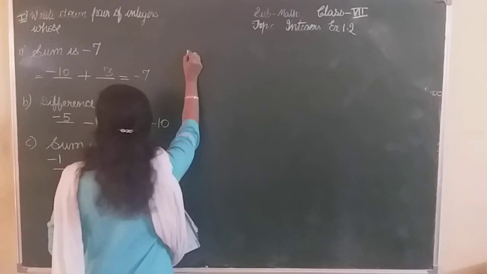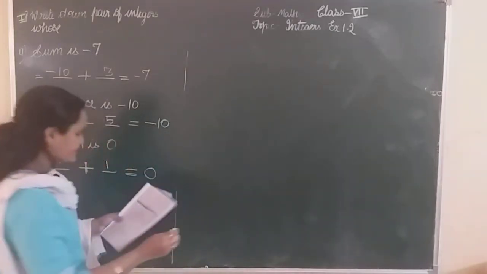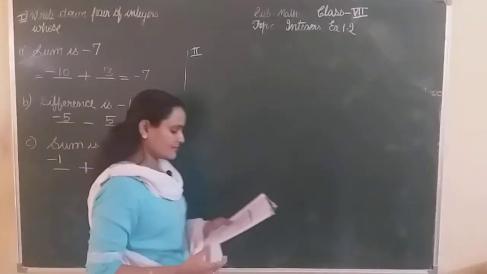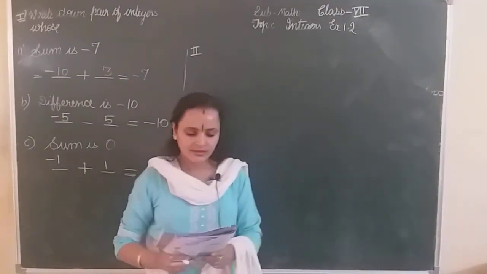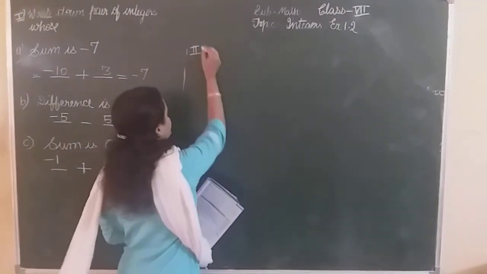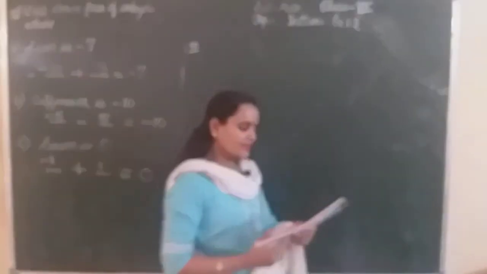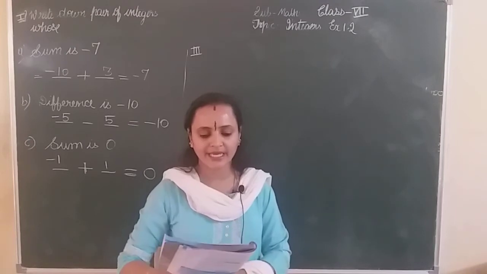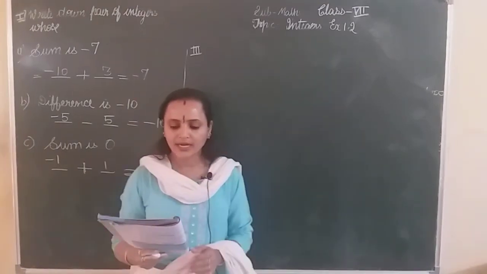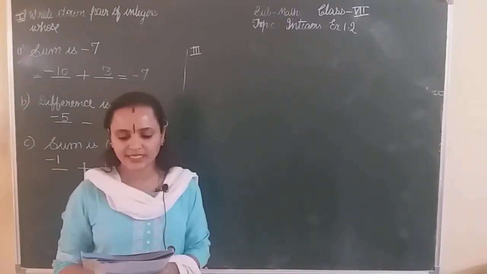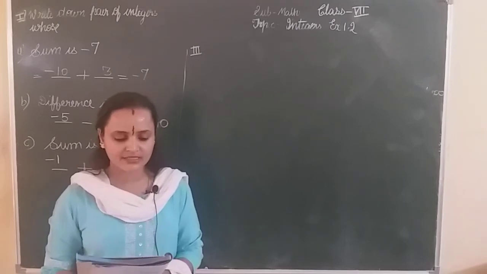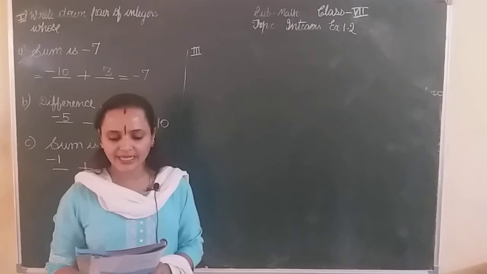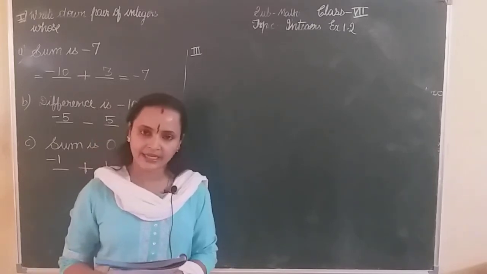Okay. The next exercise, the next main. This is the third main. The second main I will give you homework. Third main: in a quiz, team A scored minus 40, 10 and 0 and team B scored 10, 0 and minus 40 in 3 successive rounds. Which team scored more? Can we say that we can add integers in any order?